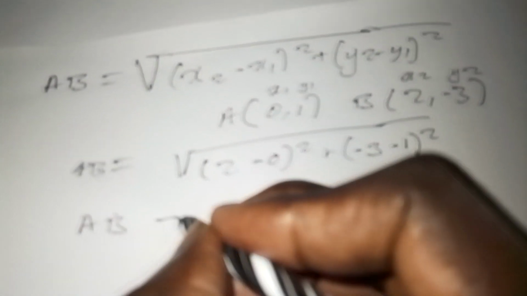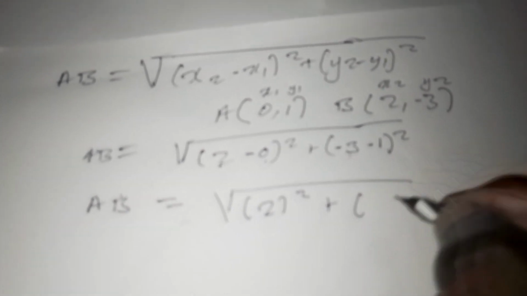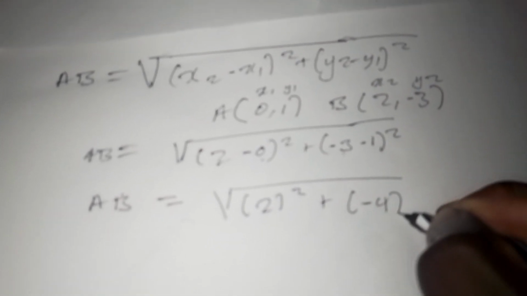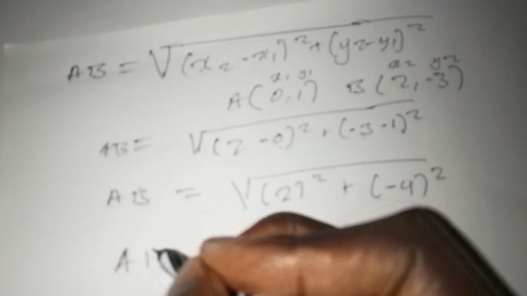Then we say the root of 2 minus 0, that is 2, to the power 2, plus negative 3 minus 1, that is negative 4, to the power 2. Then we say AB